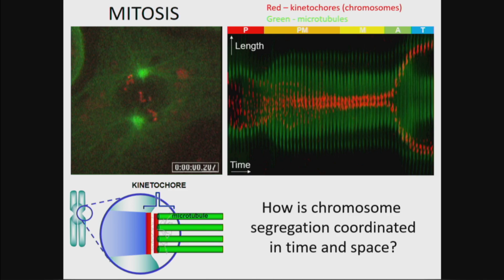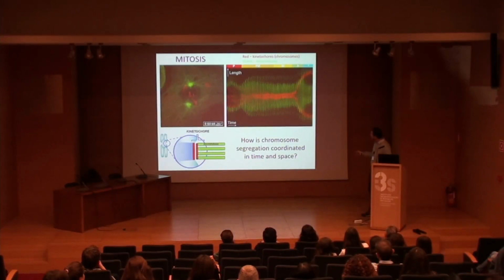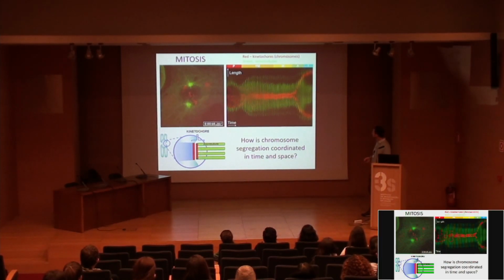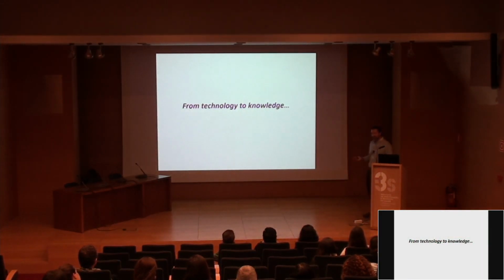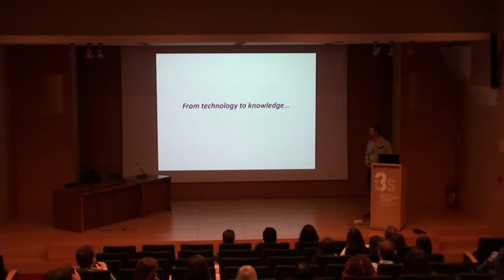So then you can see how this entire choreography, from the very early onset of mitosis to the separation of the sister chromatids at the end of mitosis, needs to go from a rather chaotic distribution of each individual chromosome until they organize at the equator of the cell in a process called chromosome congression, and then each sister chromatid separates to end up in two daughter cells that are genetically identical to the very original progenitor. And my lab is particularly interested in understanding how this whole choreography is coordinated both in time but also in space. I'm not going to get into too much detail, but I want to give some highlights of how we have been using the core facilities at i3S